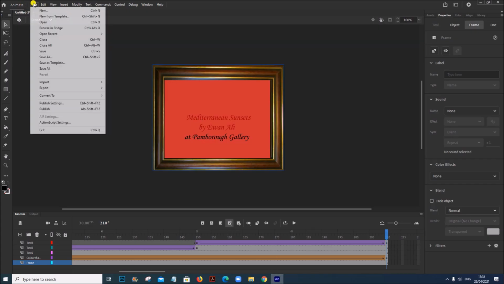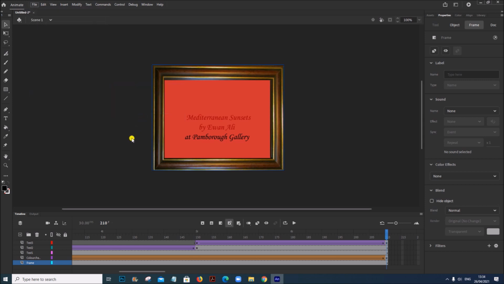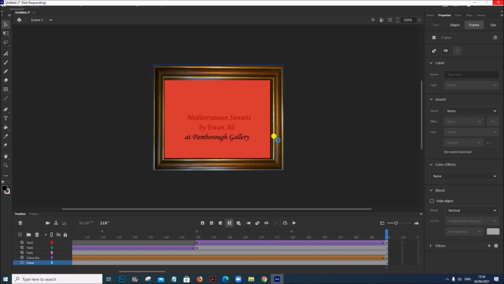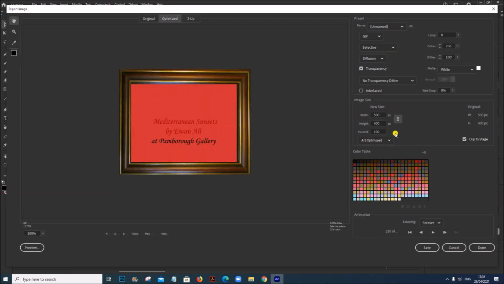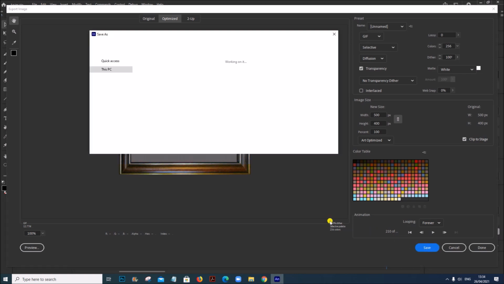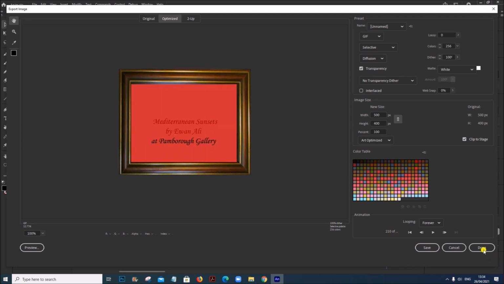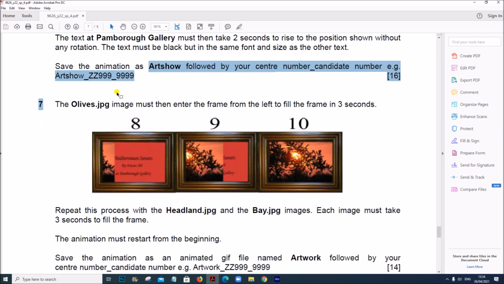So let us save this file, export as animated GIF, art show. So we have saved the animation.